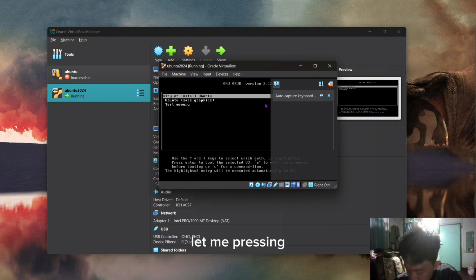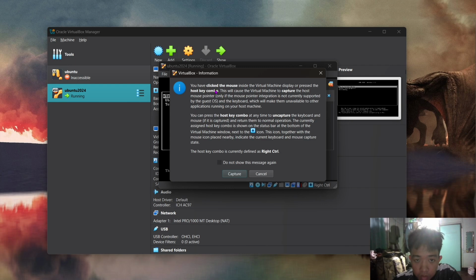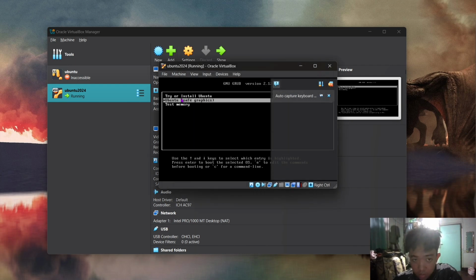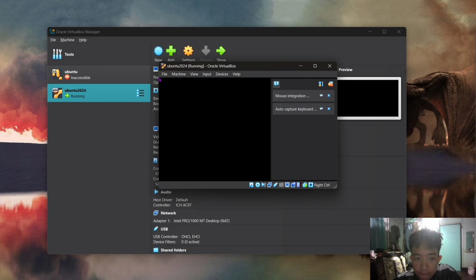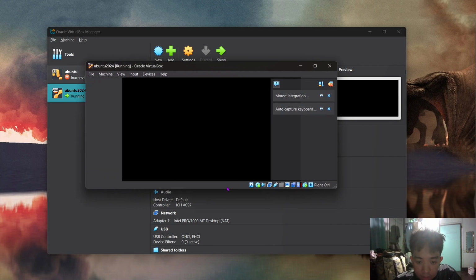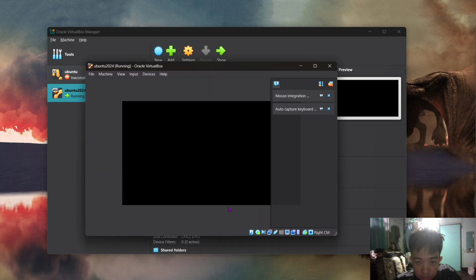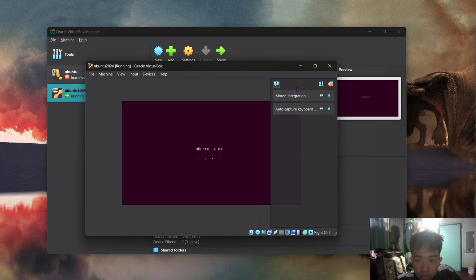You can choose that by pressing the down arrow on your keyboard. And then enter. Let's just wait for it. The Ubuntu is now installed.